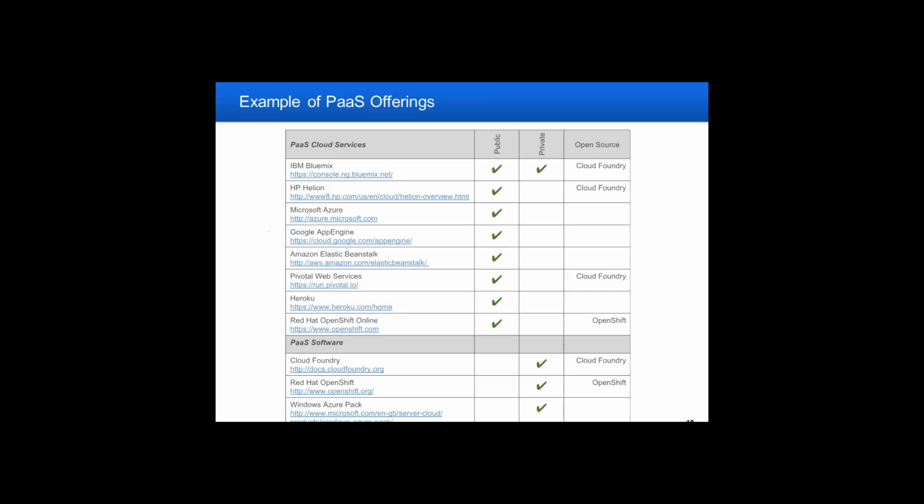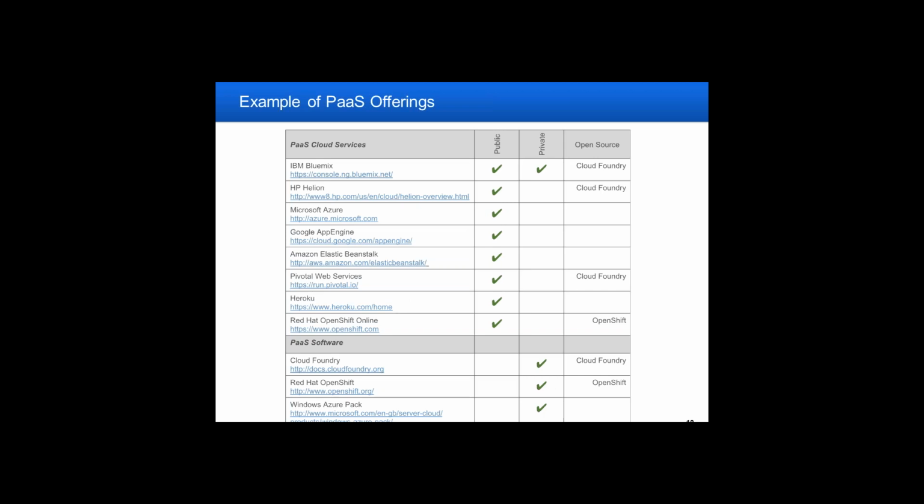Moving on to what is basically the last slide. Here are some examples of PaaS offerings. We have these listed in the white paper, but in addition in the white paper there is a link to a very handy website that actually lists almost all the PaaS offerings available today, which is a much bigger list than is shown on this slide. And that can be a very valuable web resource for learning more about what's available in the marketplace.